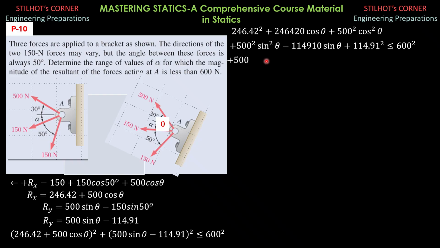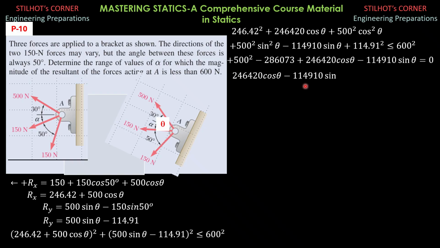So we have 500 squared, then combining these constants, this constant, then minus 600, that would be negative 286,073. Then plus 246,420 cosine theta, then this one minus 114,910 sine theta equals 0. So simplifying further, 246,420 cosine theta minus 114,910 sine theta equals